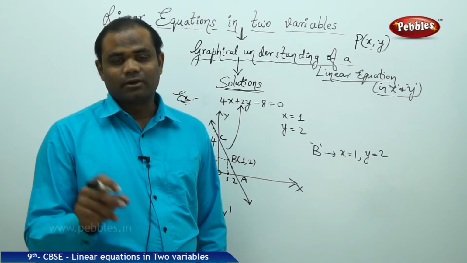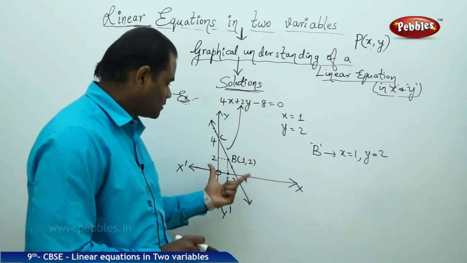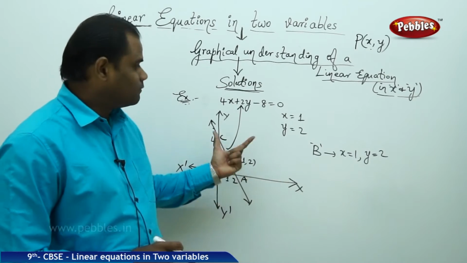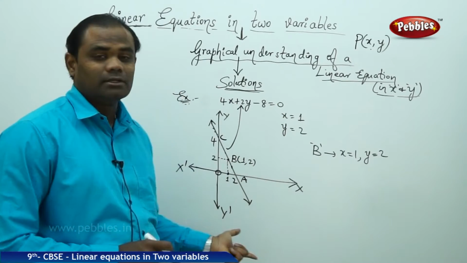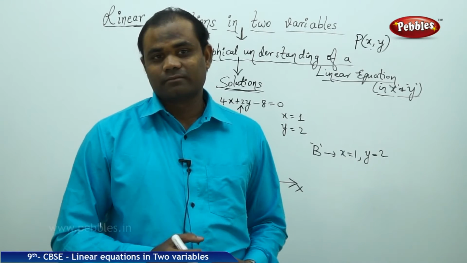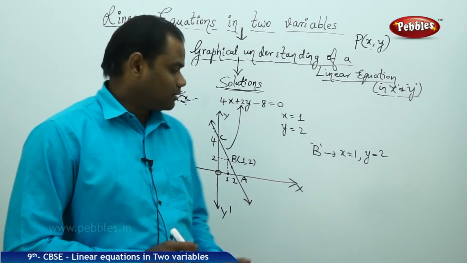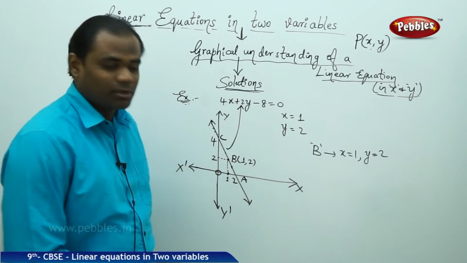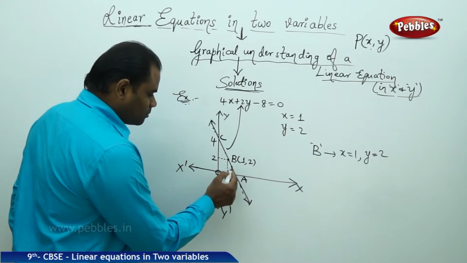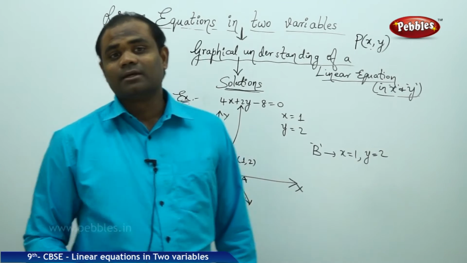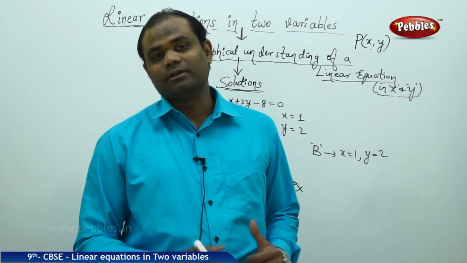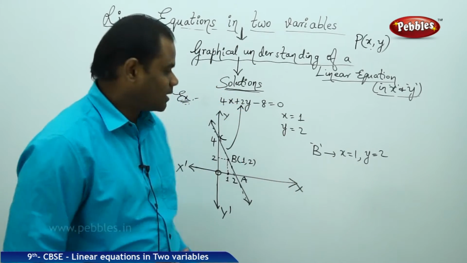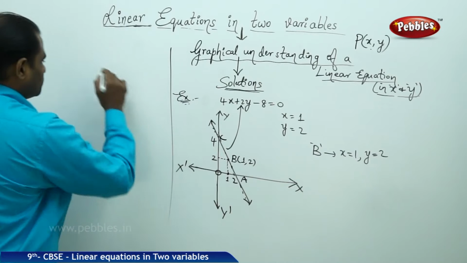That is, there are infinitely many values of x and y in this Cartesian plane which satisfy this linear equation, indirectly the line in the graph. Therefore, the line in the graph clearly proves, because of the infinitely many points which make the line, there are infinitely many solutions for the given linear equation. So graphically, it proves